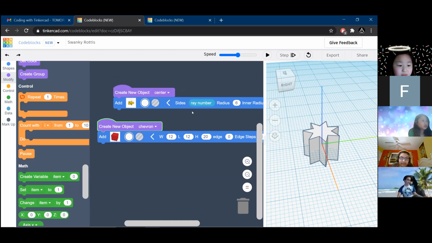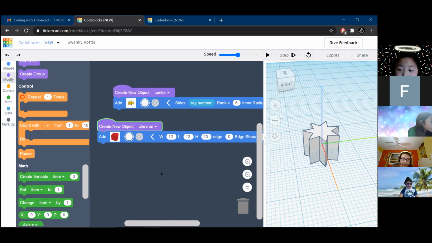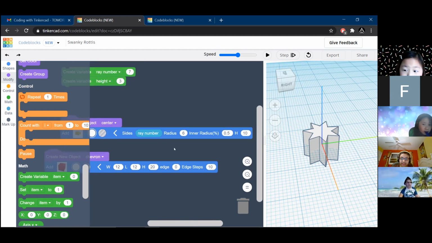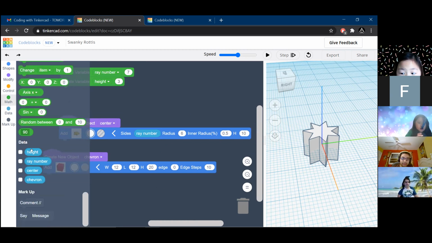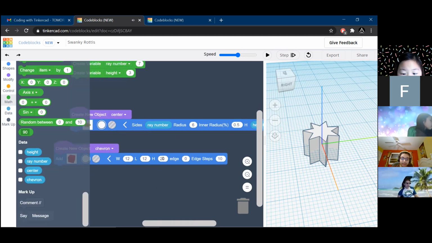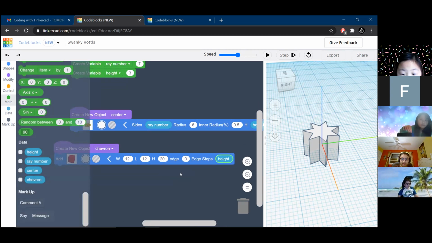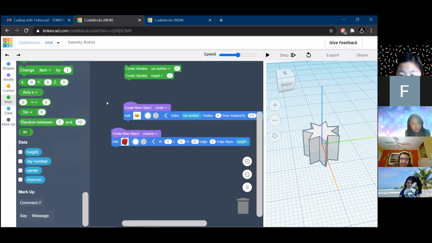So now that we have this height variable, I'm going to set it to 3, but if you want yours a little bit thicker, that's fine too. Something I did forget to mention is on your star, which is the center, the H means height. So we also need to set the height for that too. So we're going to put the height in there. We're also going to set the height for this new cube that we made. Height like this. Okay, so far we have this.